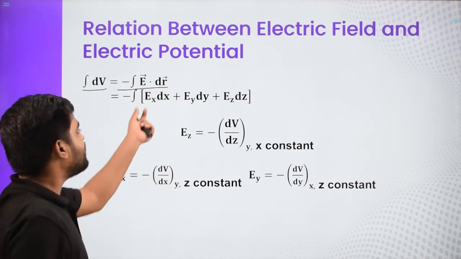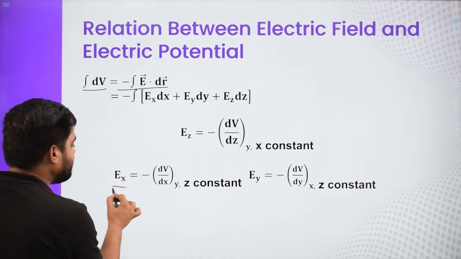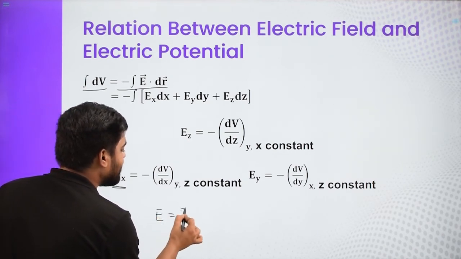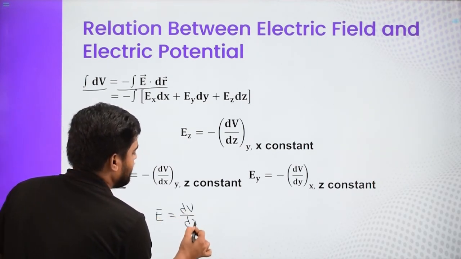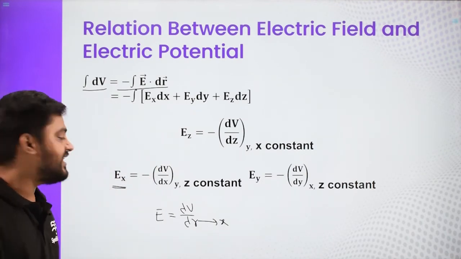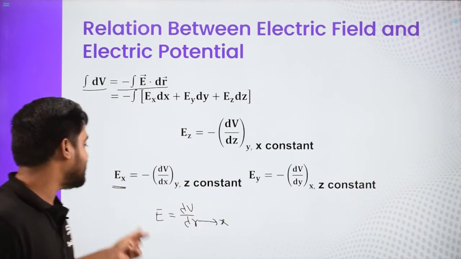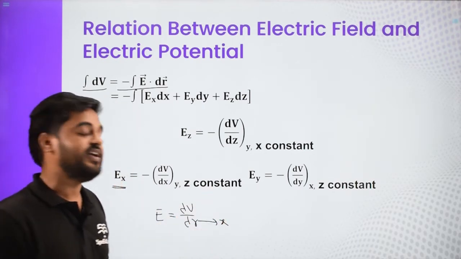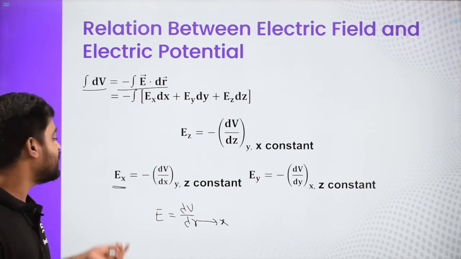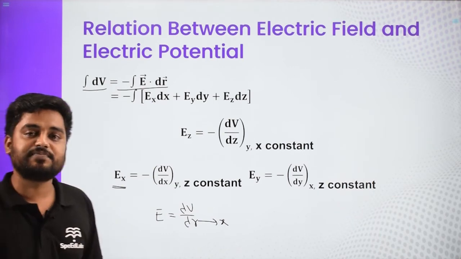And if we have to get E, then individually if we want to talk about the electric field along the x-axis, what have we discussed? E is nothing but negative dV by dr. So if that r is taken as x, then it is negative of dV by dx, given that y and z are constant. That will give you the x component of the electric field. This is a vector quantity and V is a scalar quantity. So we will assume that y and z are constant and then we differentiate with respect to x, and we get